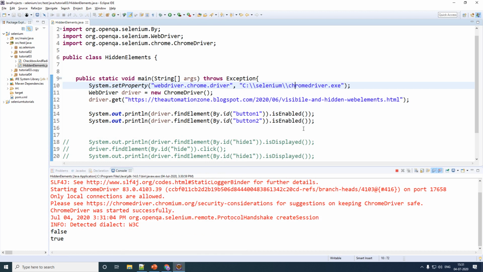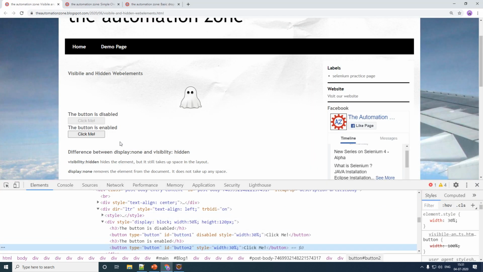Now guys, why are we doing this? The thing is, if I go to click on both the buttons using Selenium, it will click on it without any errors. The difference is for the first one, which is disabled, even after clicking, your application might not perform in the expected manner because it is disabled. For the other one, it will. But again, Selenium will not throw you an error, so you will not know the exact bug. So if you have a particular button which is disabled, or which may be disabled, it is better if you first find out if it's disabled or enabled before you go ahead and perform any operation on it.